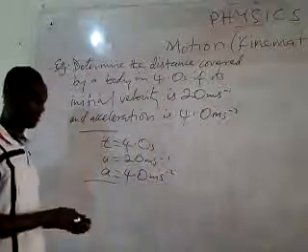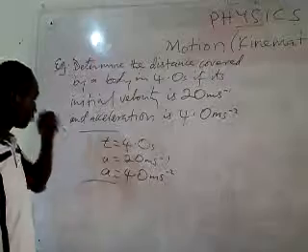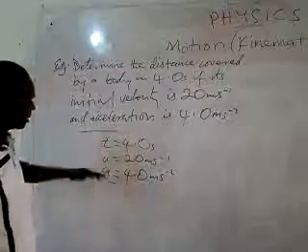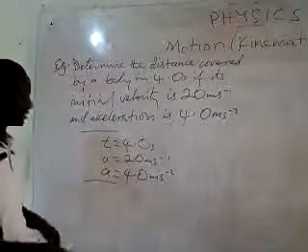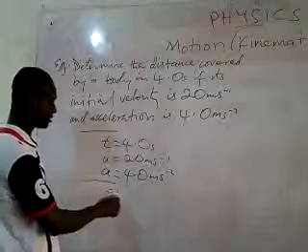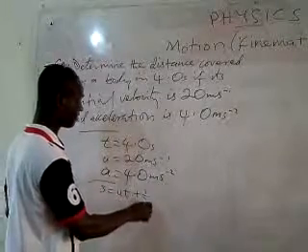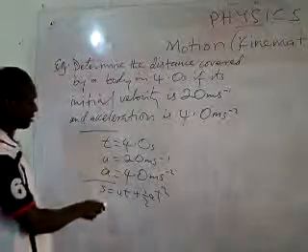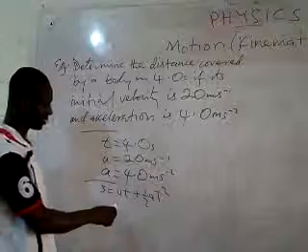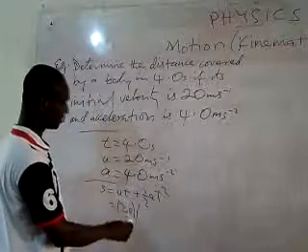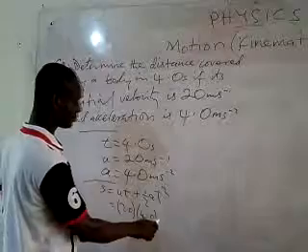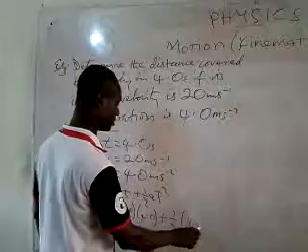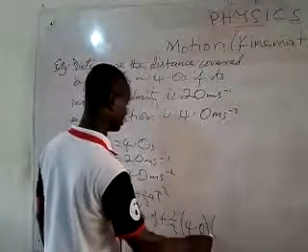This is motion along a straight line, not motion under gravity. If it's motion under gravity, the acceleration will be specified for that. And if you are provided with this data, you can see that equation 2, s equals ut plus half at squared, can be used to solve this question. So all you do is substitute in your values: u, which is 20, t, which is 4.0, plus half a, which is 4.0, multiplied by t squared, and t is 4.0